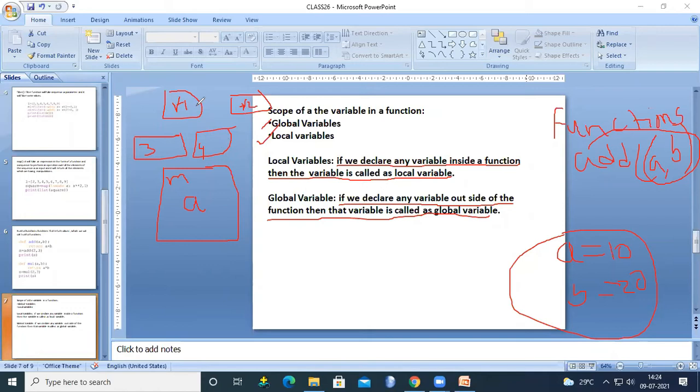But if you define a variable a in function 1, then this a can be accessed within function 1 only. If I print a here, the Python interpreter checks whether the variable a is available in the local variable list. If it is available, it will print the value. Otherwise, it checks the global list. Now we see one example program.